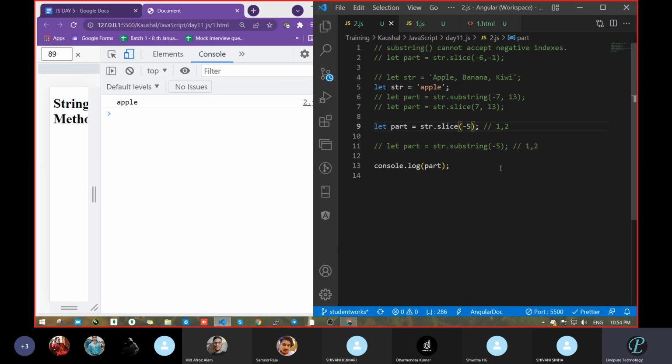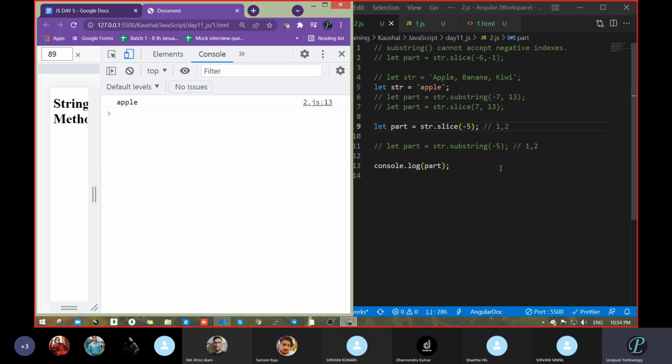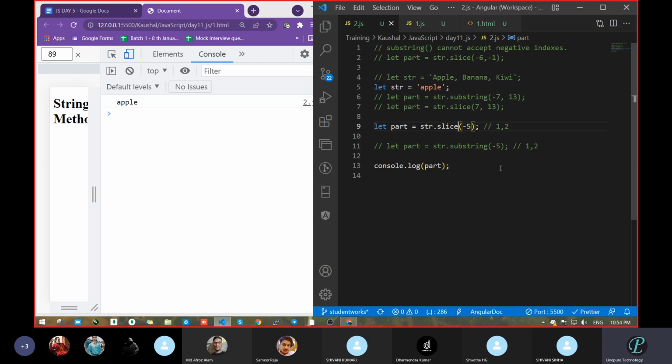So see what is the output. We did not get any output. It means it's showing apple. Where is the issue? Minus 3. Yeah. So we got PLE, some value we got. Let's take 4. A removed, PPLE. Fine. So now do the same thing with substr and let's see. Pass. It's doing, means is it taking the value or not.